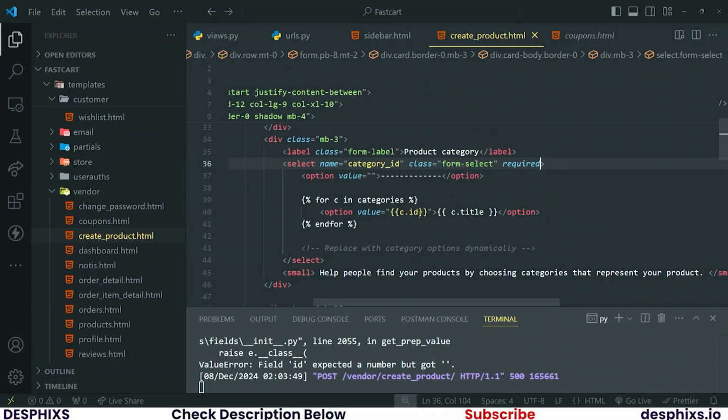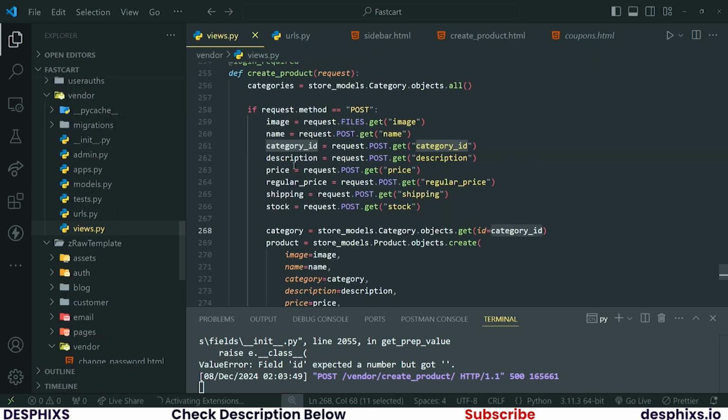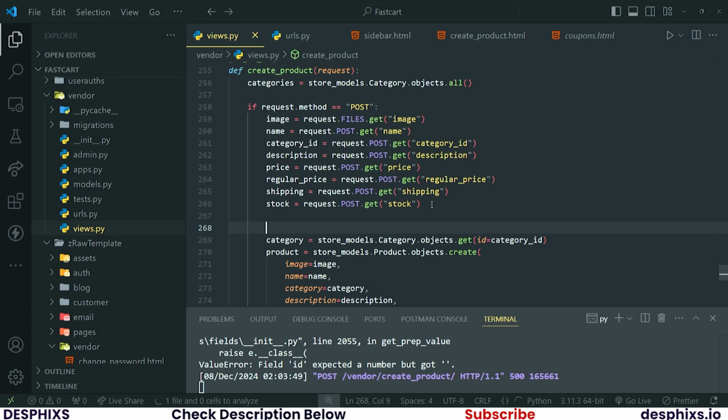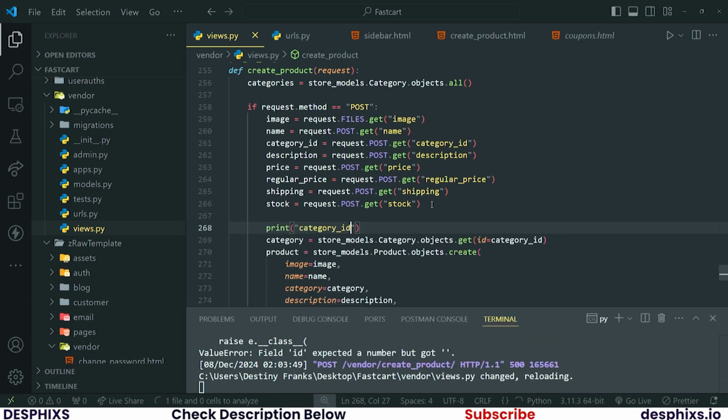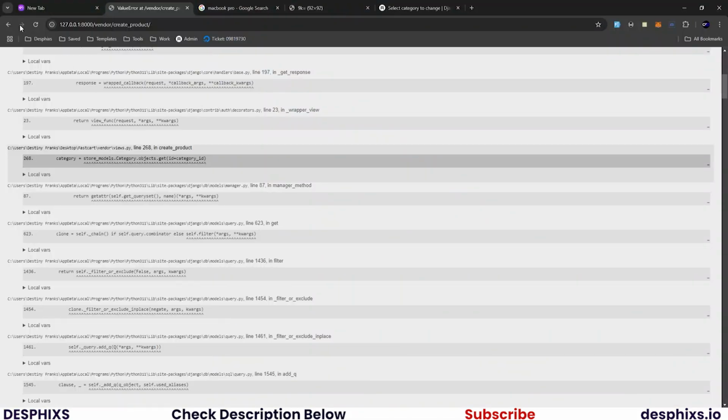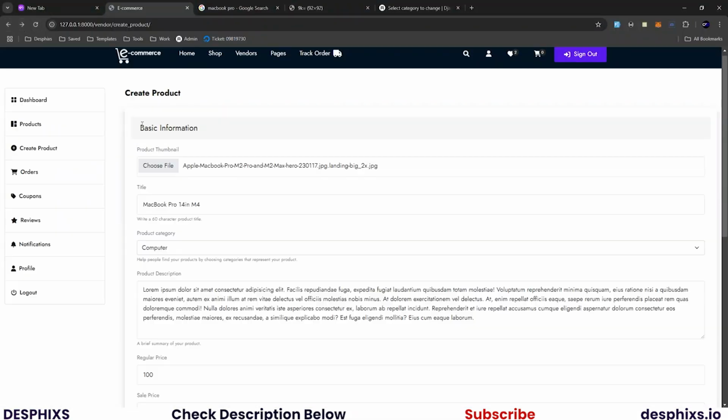So you know what? We have c.id here, and I want to be sure that c.id is coming in from the template to the back end. So what I'm going to do is just log the category ID. Oh, not log, rather print. I'll be working with JavaScript a lot. That is why I used log instead of print. So I'm going to say category ID over here and let our Python server reload so we see what we have. So now that it's done, I'm going to get back here and